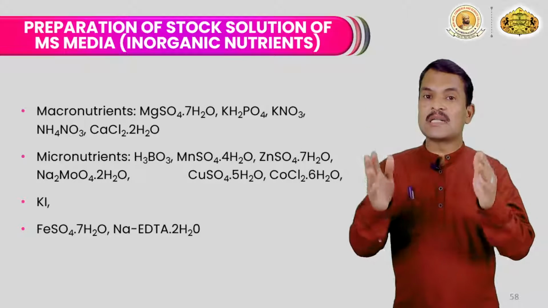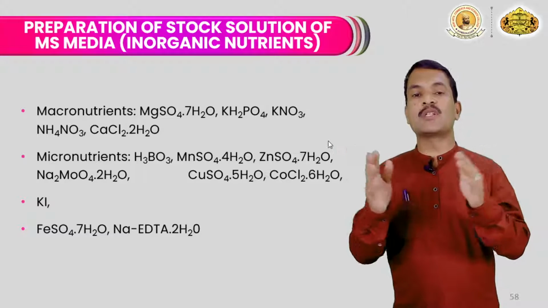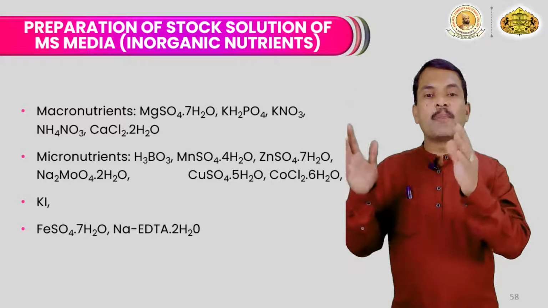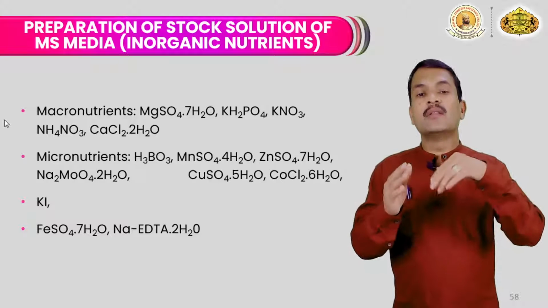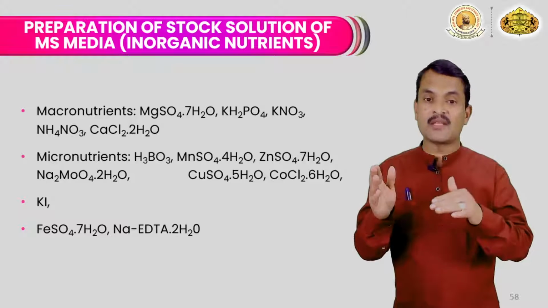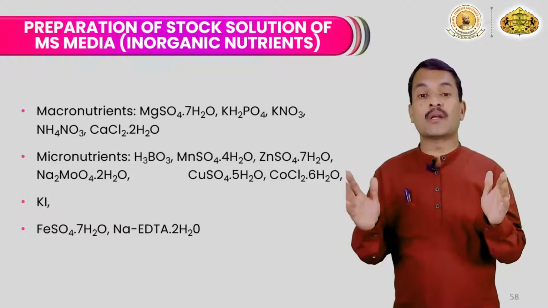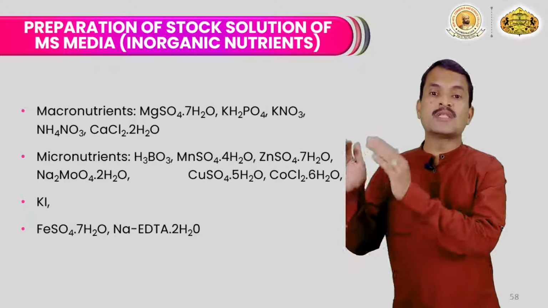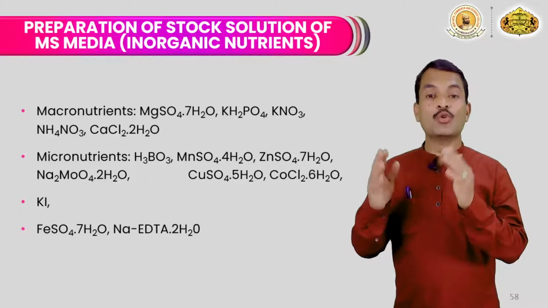If you search the tissue culture books, many different tissue culture books are there, for example, Plant Tissue Culture by Bhojwani. If you see that, you will find that these chemical compounds are dissolved in a sufficient amount of water, and then another compound is added to that. One by one you have to add these, and finally you make this solution, that is the macronutrient solution. You need to make up the final volume and keep it aside. So this is the macro element solution you have prepared.